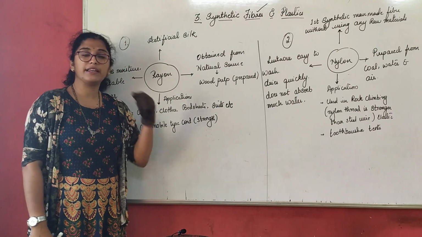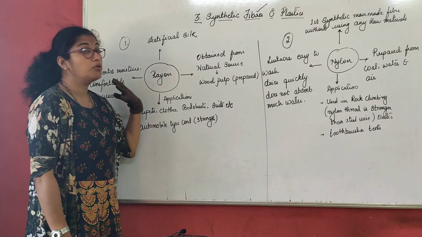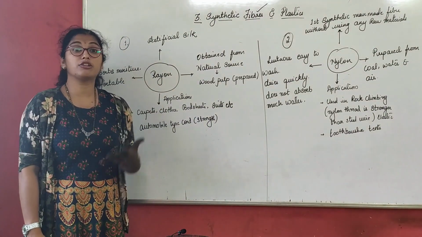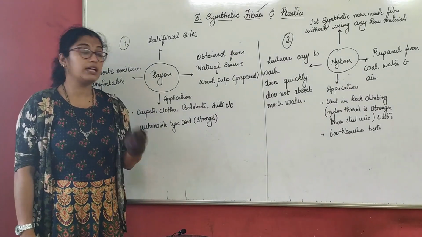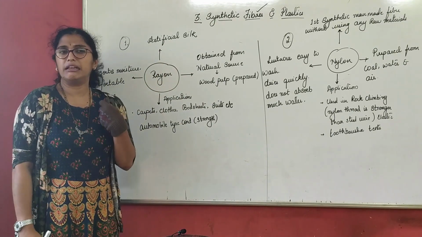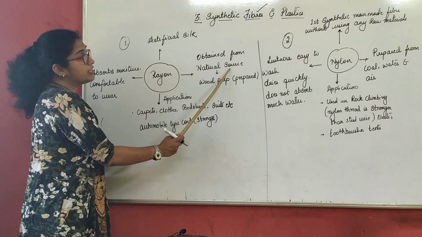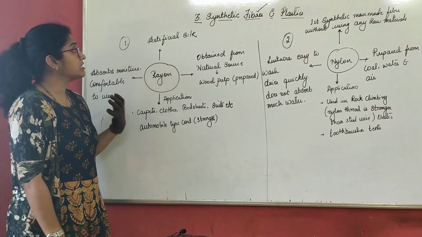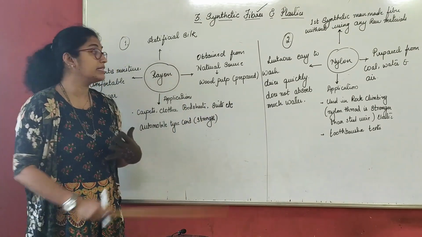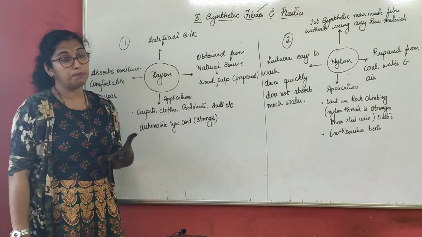Now if you go to a market to buy silk materials or saris or dresses, you also hear shopkeepers telling you sometimes it is silk but it is called artificial silk, which is nothing but rayon. So it is termed as artificial silk, a little less expensive than silk. It is obtained from a natural source. Now though it is a synthetic fiber, it is still obtained from a natural source, means it is obtained from a plant source, which is nothing but wood pulp.